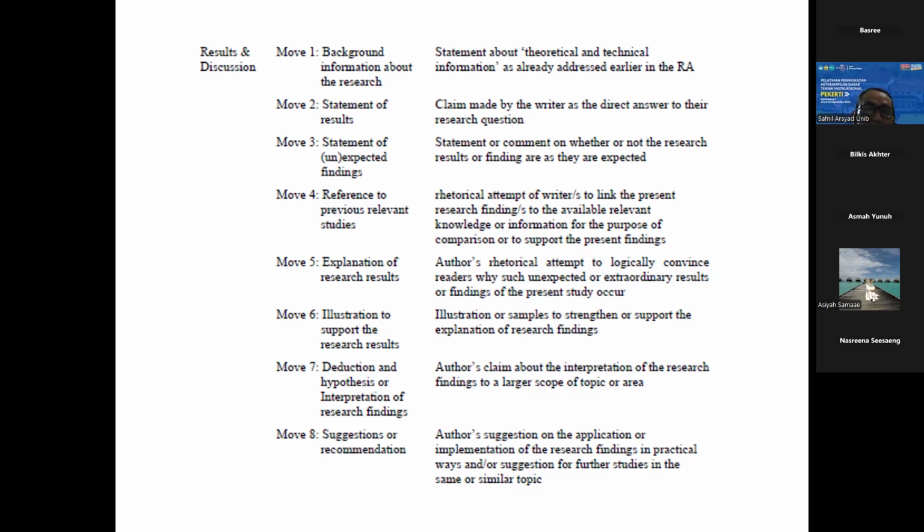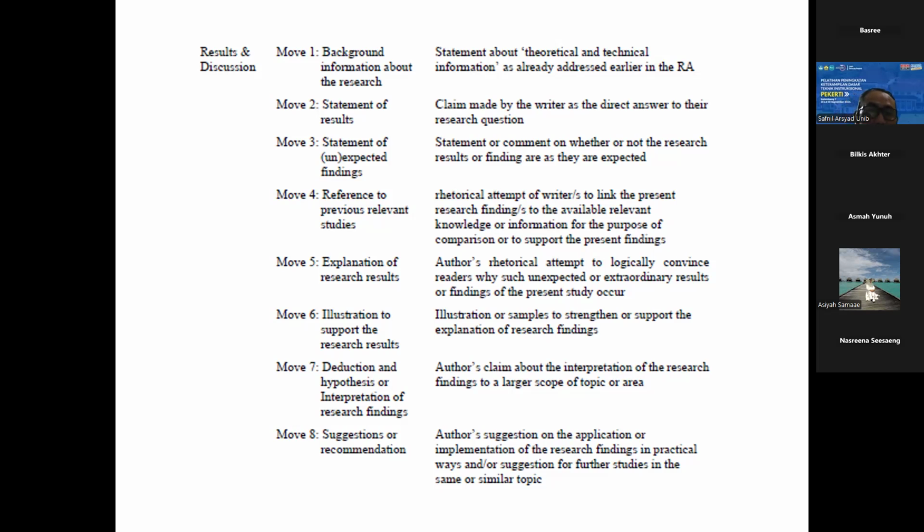Move three is only optional. It is not important. Only if you find something unexpected, or your finding is different from what you expected before doing the research. And then move four, this is the